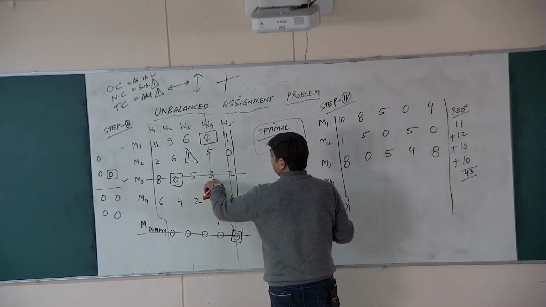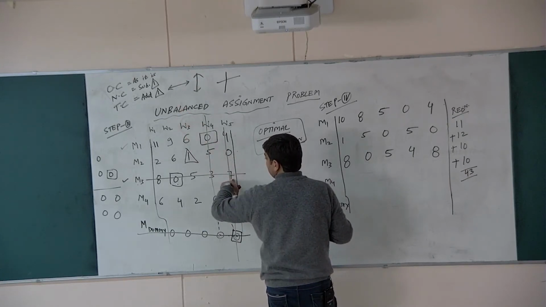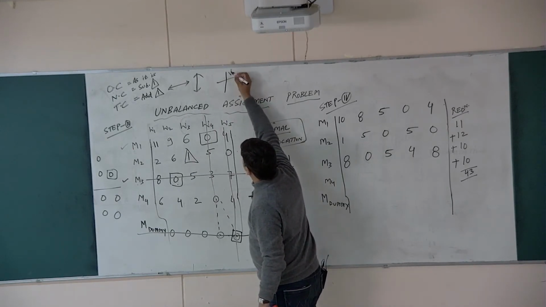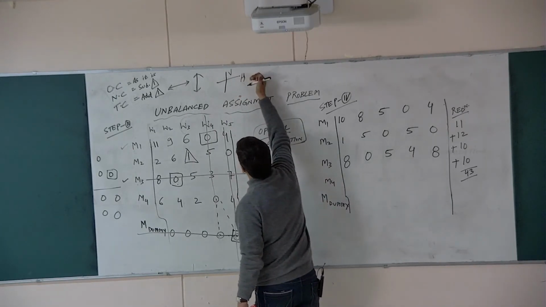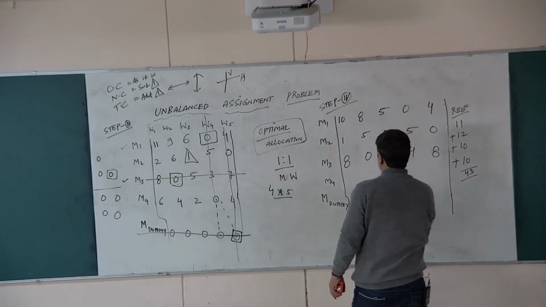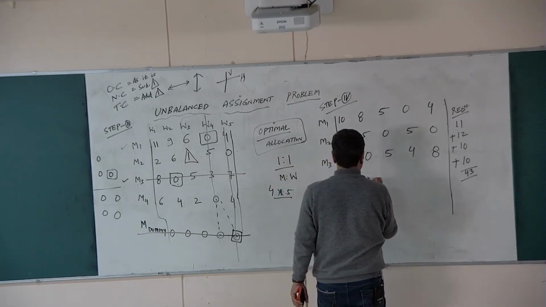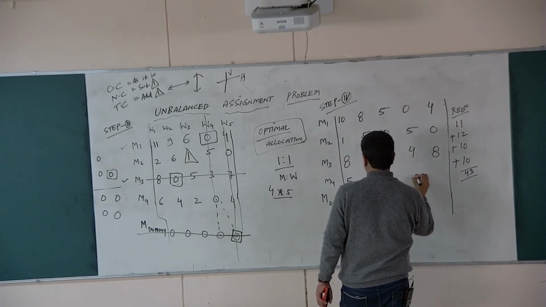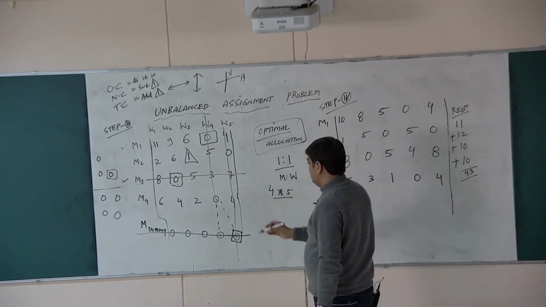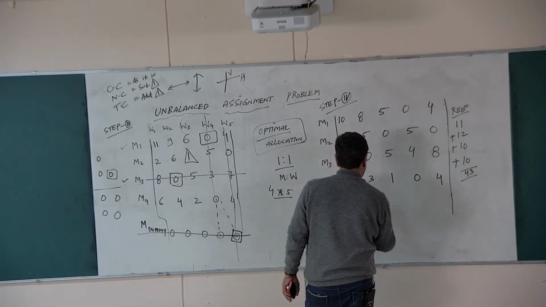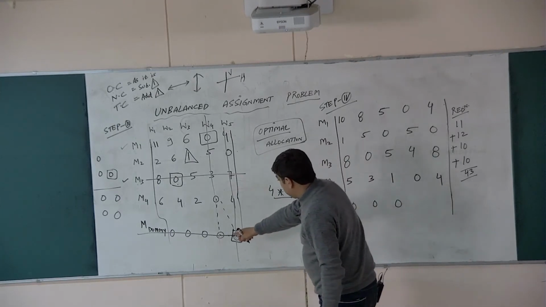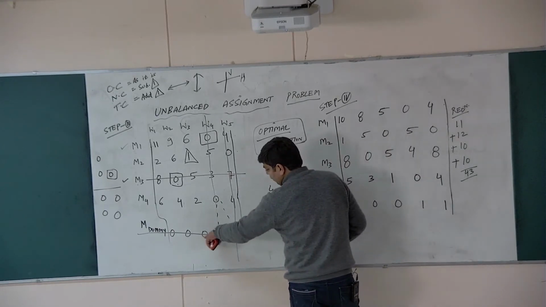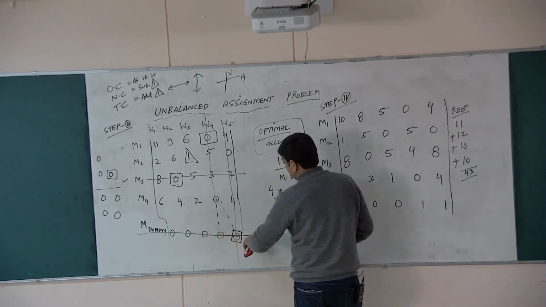It was 3, changed to plus 1, 4. 7 changed to plus 1, 8. Why? Because it has been cancelled horizontally as well as vertically, so horizontal addition as well as vertical. Next, 6 minus 1 is 5, 4 minus 1 is 3, 2 minus 1 is 1, 0 is 0, 4 is 4. Next, 0, 0, 0, 0, 0. This will again be 1. Why? Because it was cancelled horizontally as well as vertically. So plus 1, plus 1.